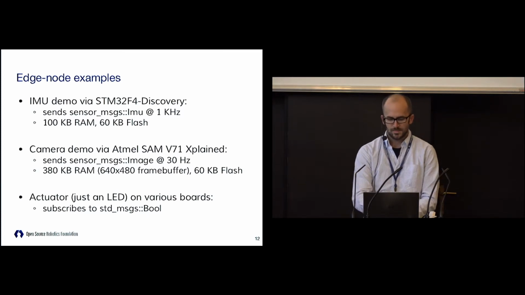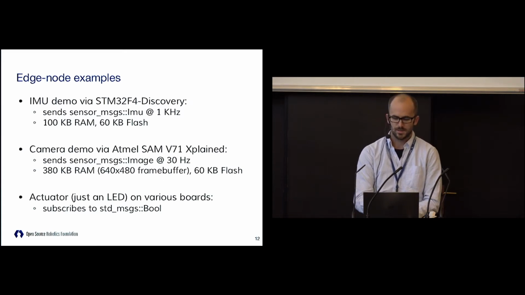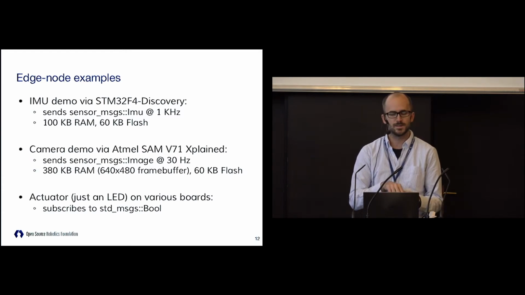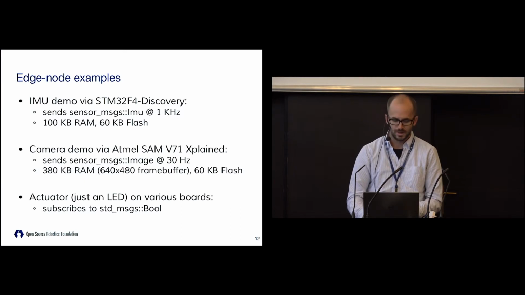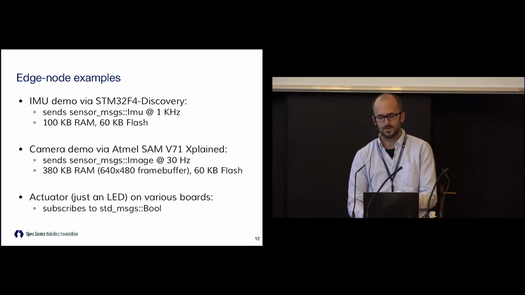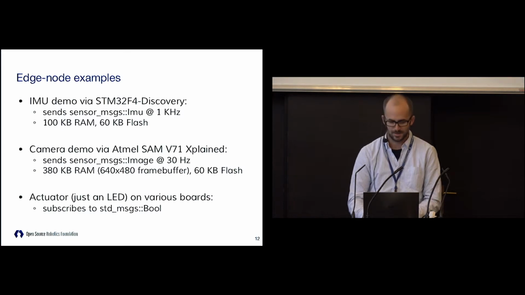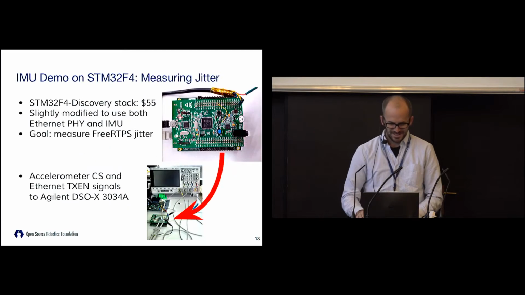The next one is a more complicated demo to show how we can make a smart camera with the microcontroller. So I have this also. I'm happy to show that afterwards. It's an image sensor, just a raw CMOS image sensor that wires into a Cortex M7 development board. I can barely fit a frame buffer on that, but there is just barely enough room to fit a VGA frame buffer and FreeArt EPS, and so then we can actually send out sensor messages, image messages on the wire. And then on the receiving side, so we can subscribe, there's just an LED blinker program, like we always love to build, of course, in computer engineering, the world's most complicated LED blinker.